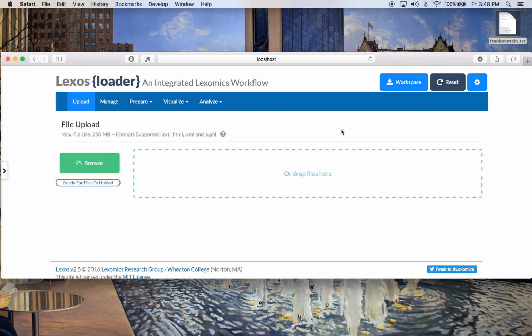Welcome to Lexos. Right now we're looking at the home page for the Lexos environment. These tabs here at the top navigate to each sector of the Lexomics workflow, where subtools are grouped according to